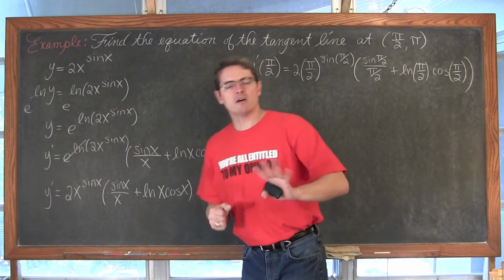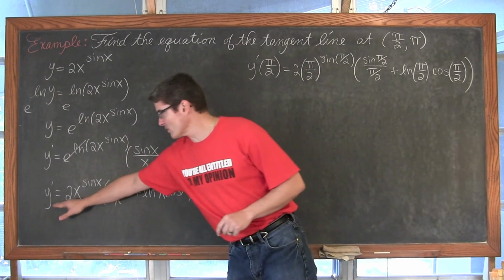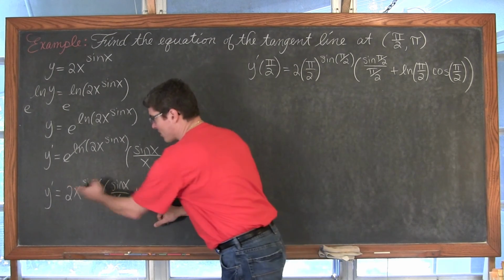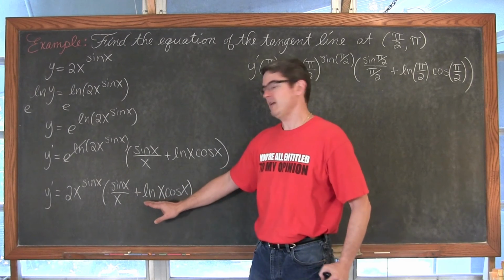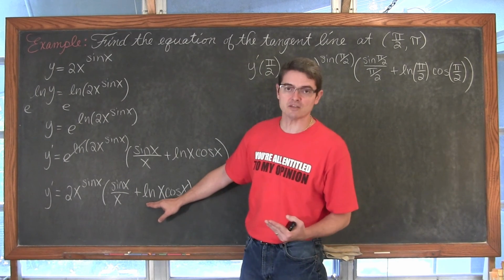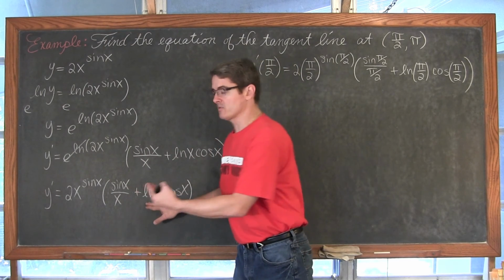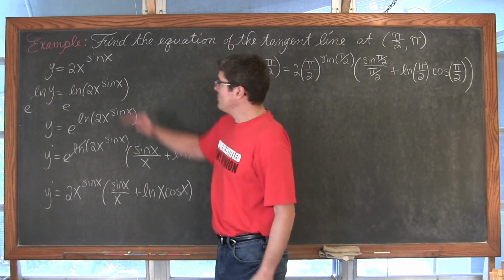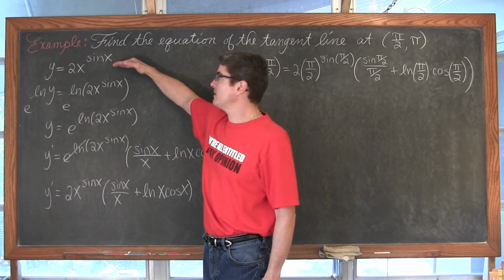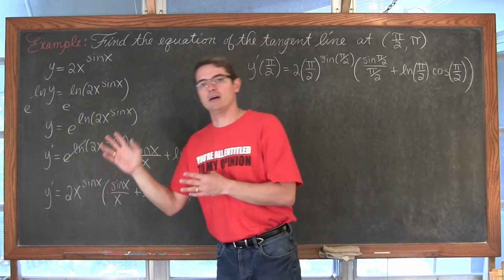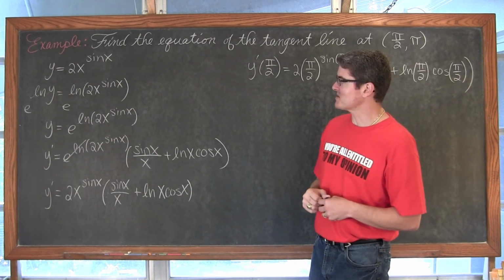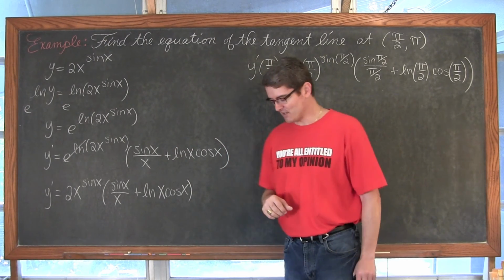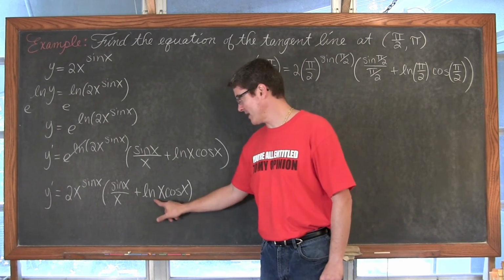One thing I also want to talk about is when you look at this derivative of our original function, the natural log of x is actually within the derivative function. And you can't take the natural log, or the log of any base for that matter, of 0 or a negative number. So this derivative is only defined for x's that are greater than 0. And indeed, if you go back up to here and graph it on your calculator, you'll notice on the negative side of the x-axis that there are some very interesting things going on. It gets a little crazy when x is negative. So this derivative is only defined where x is greater than 0.